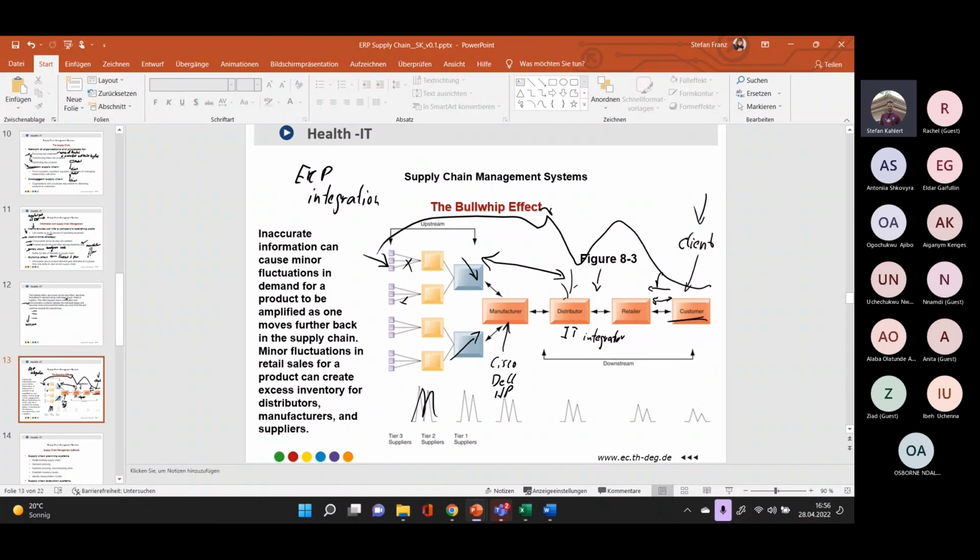problems will arise. You see here, it can cause fluctuations, and it can amplify these issues, because here are probably many thousand clients, right, who want something from a certain retailer. And so if it would be only one, you might be able to solve it. But if you have thousands of clients, the problem amplifies. And then the problem goes back and forth. If you have one problem here or miscommunication, and